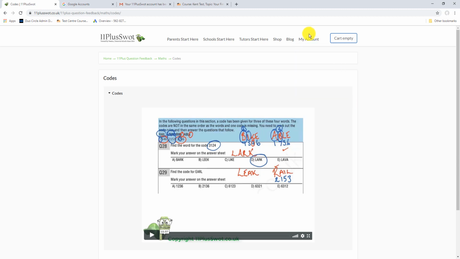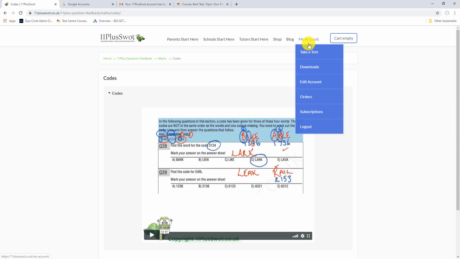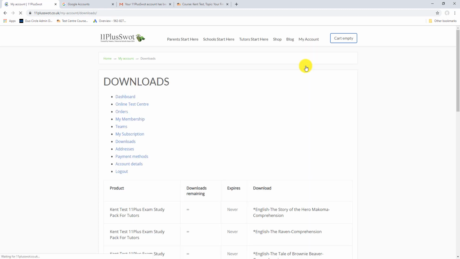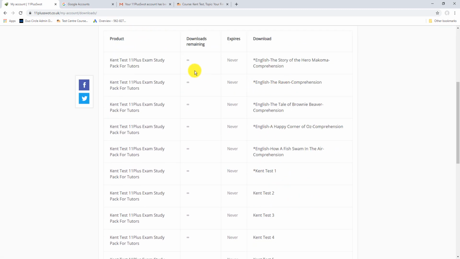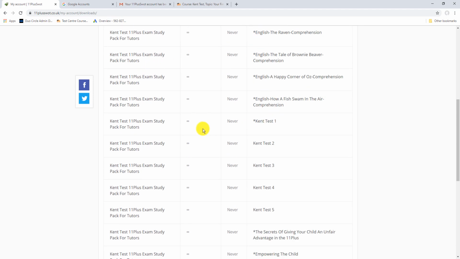If we go into the tutor account, for example, and look at downloads, you'll see a list of all the downloads available. As I say, as we're Kent Test, you'll have the Kent Test Study Pack comprehensions. You'll have the actual papers. So if we go and look at Kent Test 1,